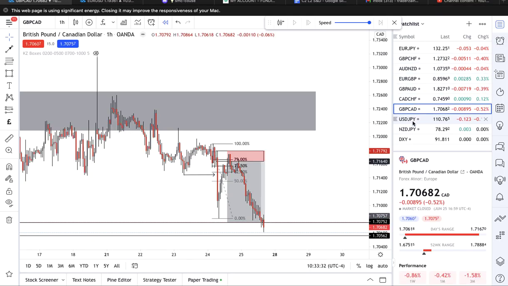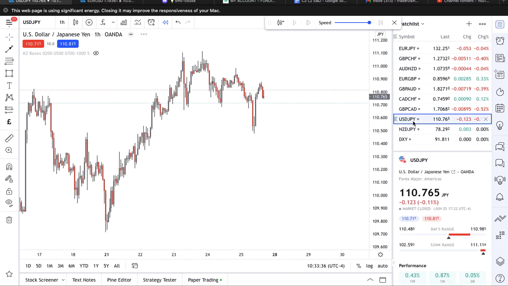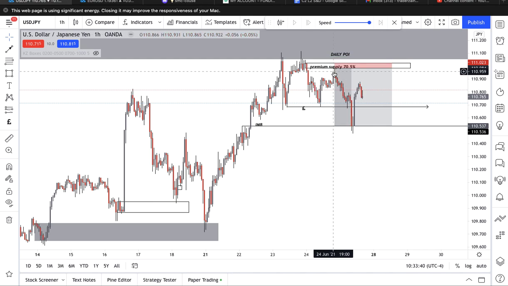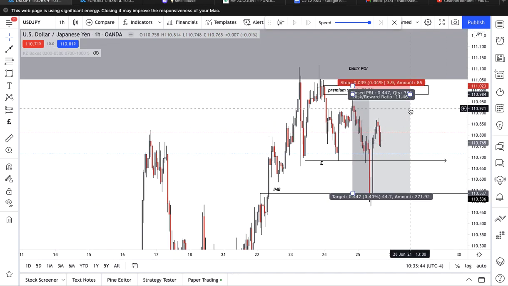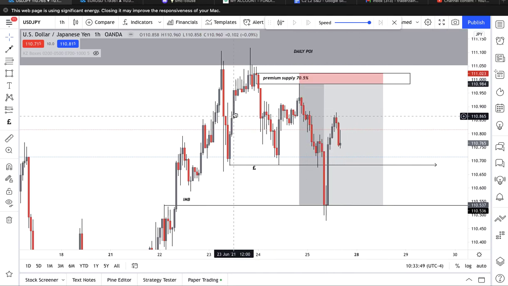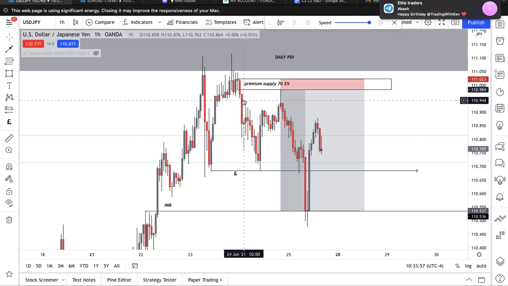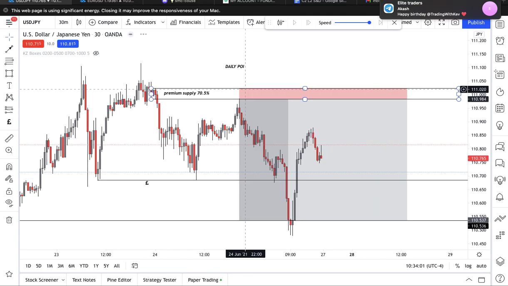I already showed you lot this example. NZDJPY. USDJPY. Wide premiums, perfect. This is an example of a premium supply. Sweet. So we got a rally, a base, and a drop. That drop didn't break structure, but what did it do? Leave us some liquidity. So when price started to pull back and fill in this imbalance, I identified a zone